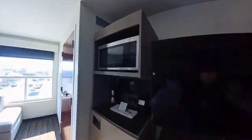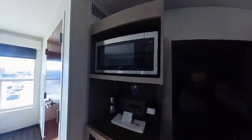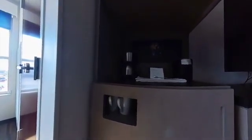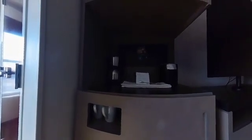As we go past the TV, there's a very nice amenity here, which is something becoming more essential to me, a microwave oven. And it's a good size microwave oven. It's not one of the small little ones that you might find in a dorm room. We've also got a coffee maker and ice bucket. And there's even a convenient little pouch here where you can reach in and get the coffee mugs, but that's conveniently built into a cabinet,